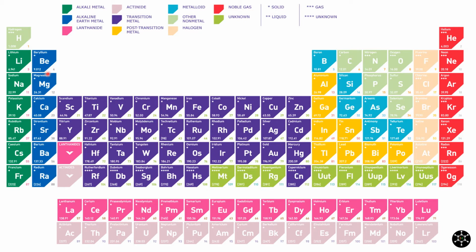We know that very good metals are present on the left extreme of the periodic table. Keep in your mind, oxides and hydroxides of these metals are basic in nature. We have non-metals on the right side of the periodic table, leaving noble gases. Oxides of these non-metals are acidic in nature.